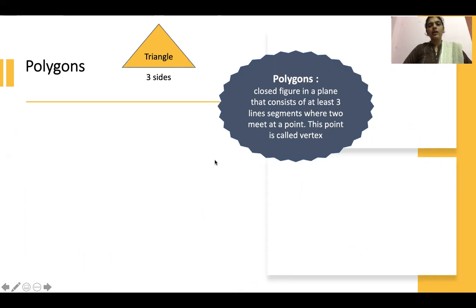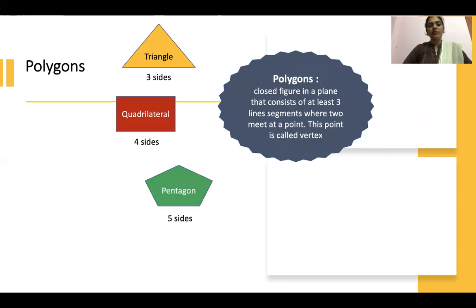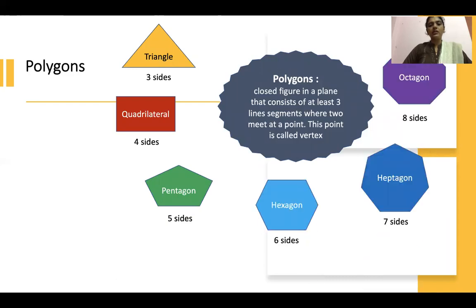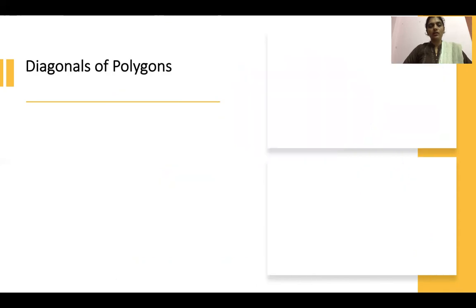And here triangle is a polygon made up of least number of line segments. It means we need at least 3 line segments to make a polygon. Quadrilateral is made up of 4 sides. With 5 sides we can make pentagon, and with 6, 7 and 8 sides we get hexagon, heptagon, octagon respectively. Now can you name the polygon having 9 sides or 10 sides? Try to find it.